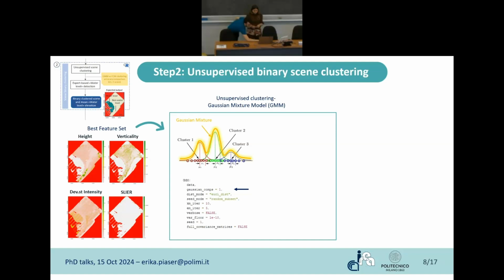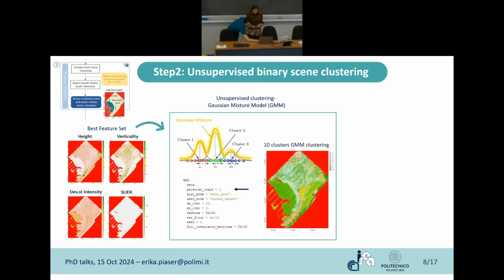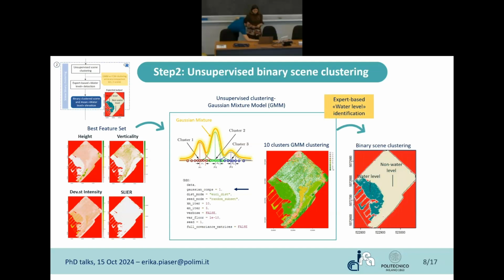So after evaluating 2, 5, and 10 clusters, we decided to use 10 clusters in order to cluster the scenes, and with an expert-based water level identification based on photo interpretation of very high resolution RGB imagery, we are able from 10 clusters to arrive at a binary scene clustering of water and non-water, in which in this case for water we have the direct information of the mean water level elevation. We can extract this information because those points are seen by the sensors under a nadir view,